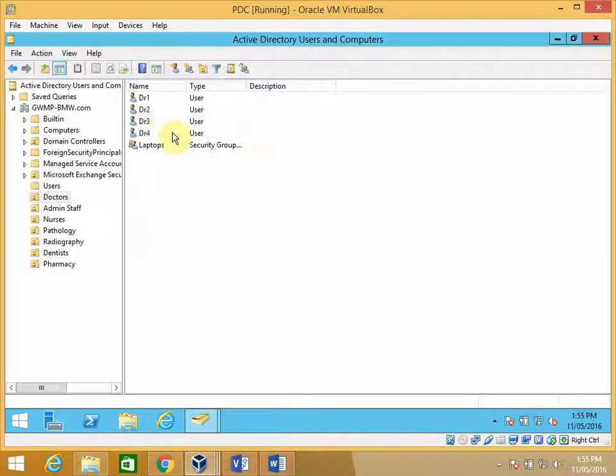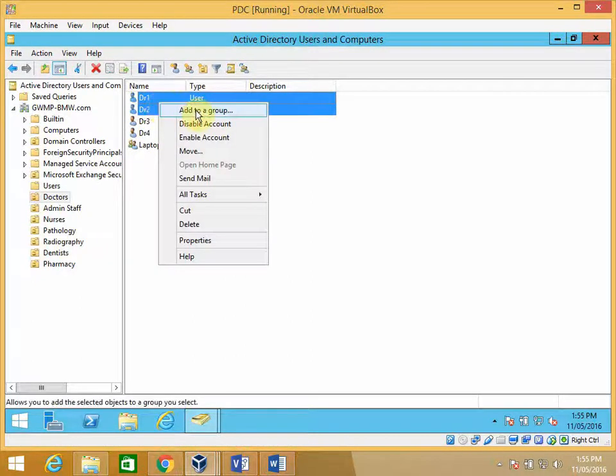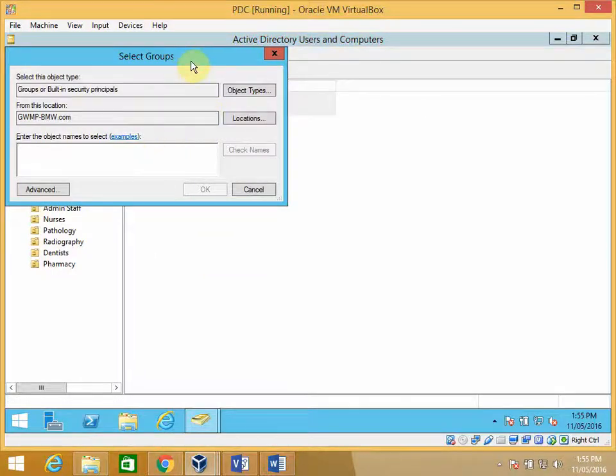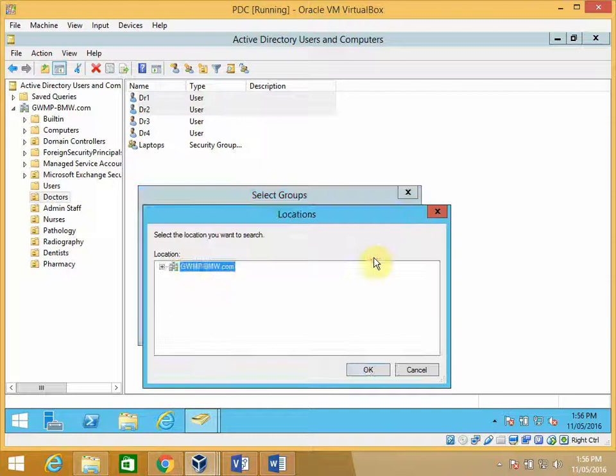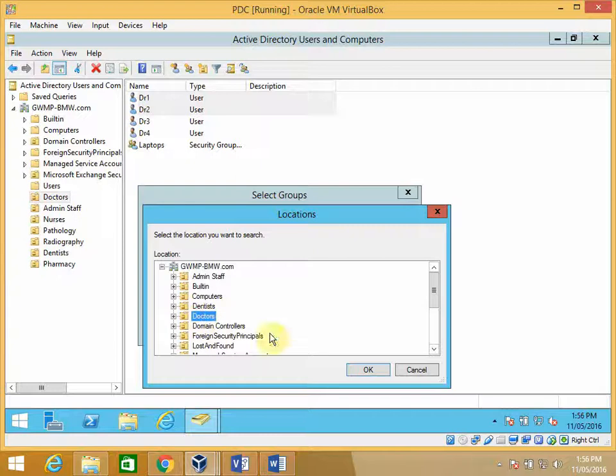And what I'm going to do is highlight, say, the first two doctors, and add them to a group. So if you do a right mouse click on those, add to group, the group I'm going to add them to is the laptops. But at the moment you can see the location here is the domain location. I need to change the location to the organisational unit, so I'm going to go to the doctors organisational unit,